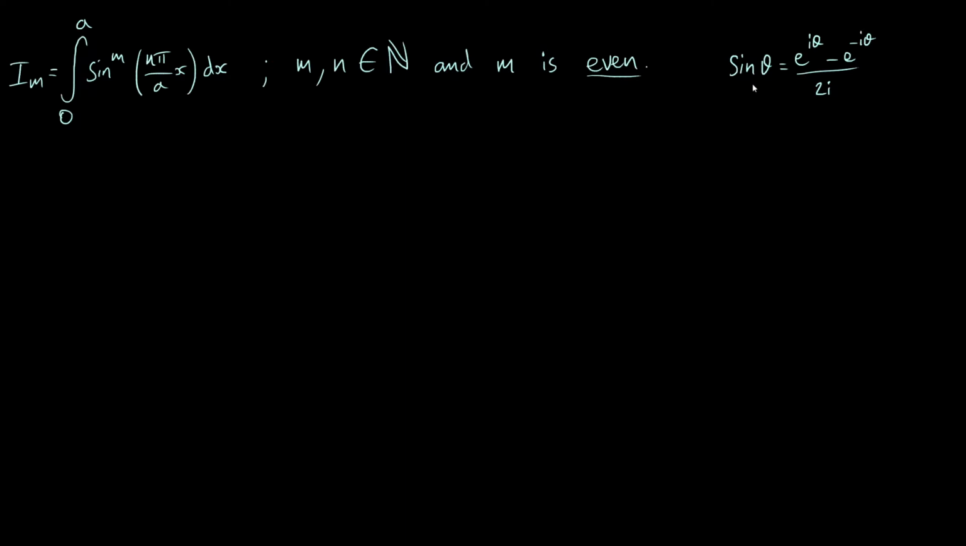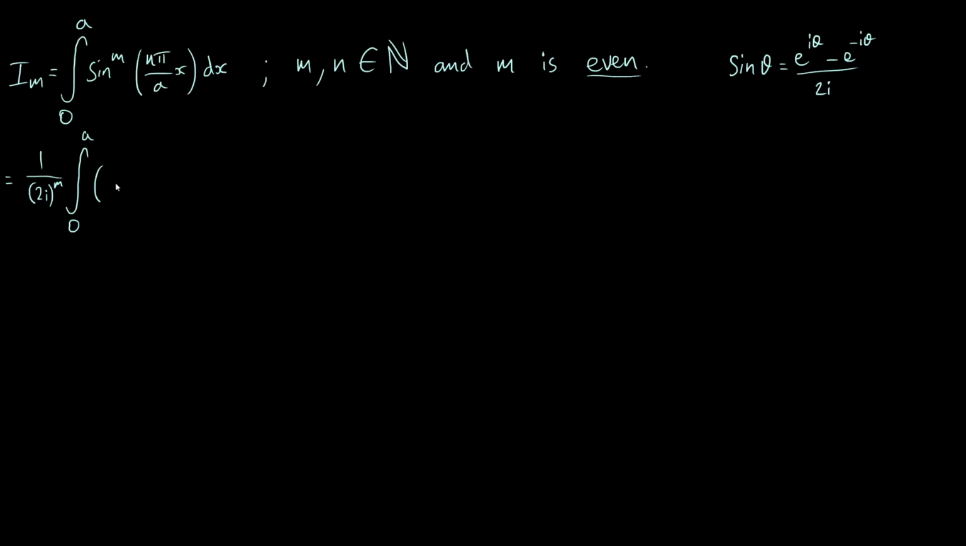So let's see what happens if we just plug in that definition of sine into our integral here. Because we're raising the whole thing to the power of m, we're going to have a constant term of 1 over 2i to the power of m, and because that's a constant, we can just write that in front of the integral, right? So we get a 1 over 2i to the power m, and then the integral from 0 to a of